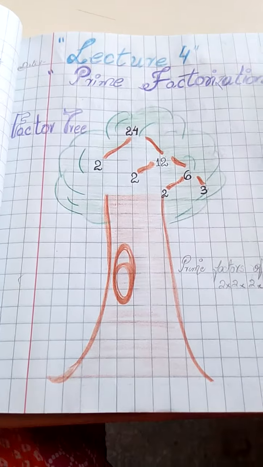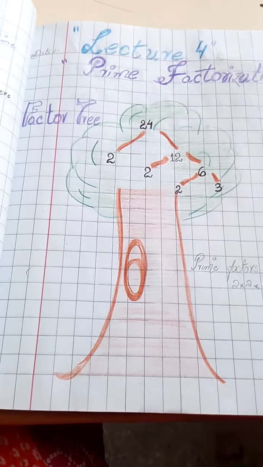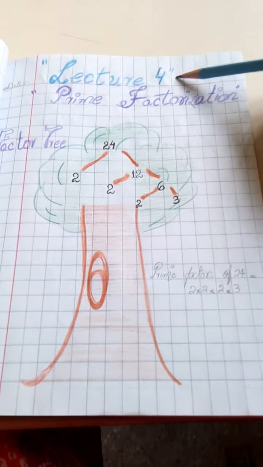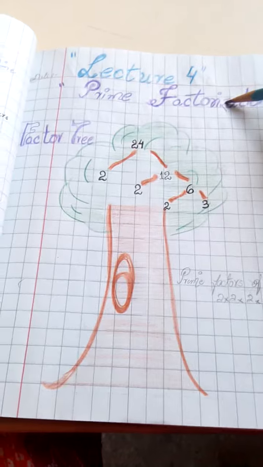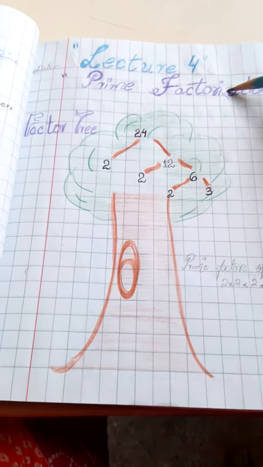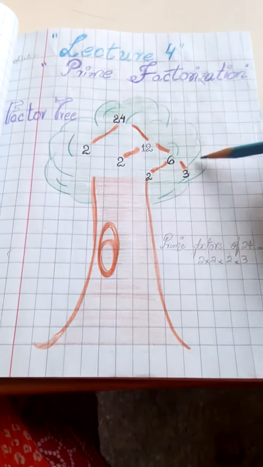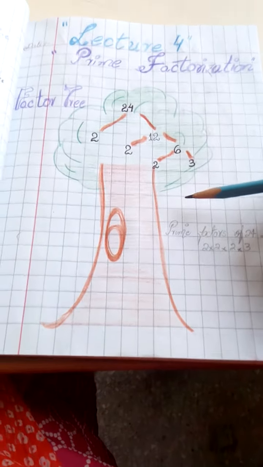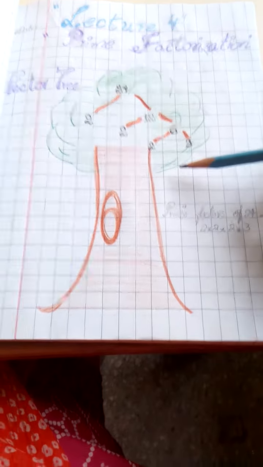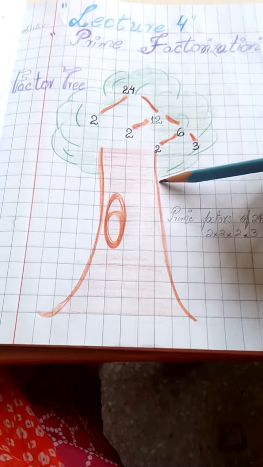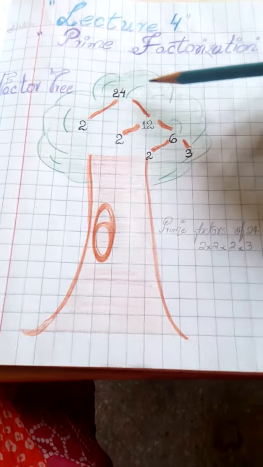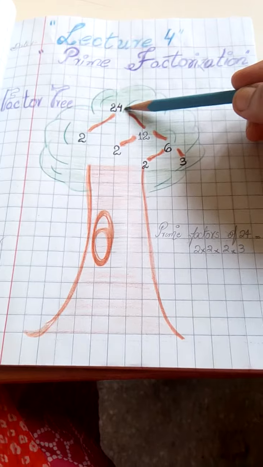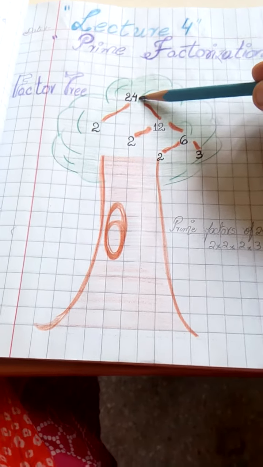As you can see, I have done the same thing as we were following in the previous lectures: you have to put the lecture number on the top of the red line, then the topic name is going to come like this. I have done it over here. Then, because you are doing the factor tree now, you have to draw the factor tree, means a tree like this for the title page. It's just a simple tree. You have to use the green and brown color for the tree, and then for the title page I took the number 24, which you are going to break down into its prime factors.